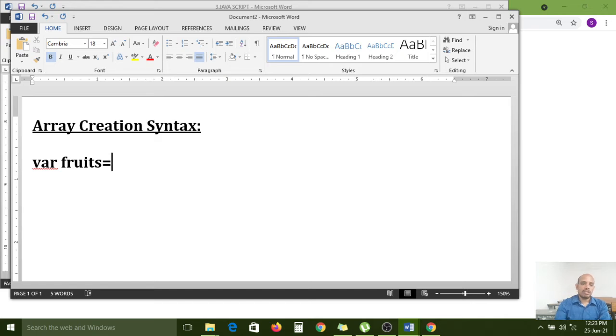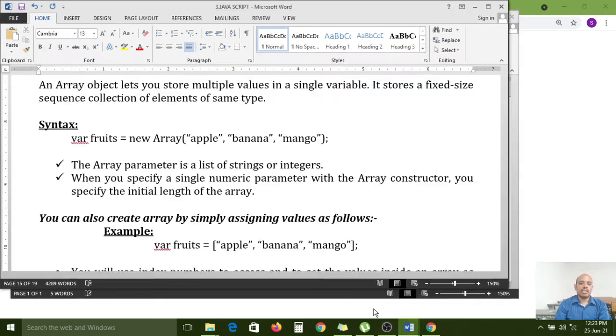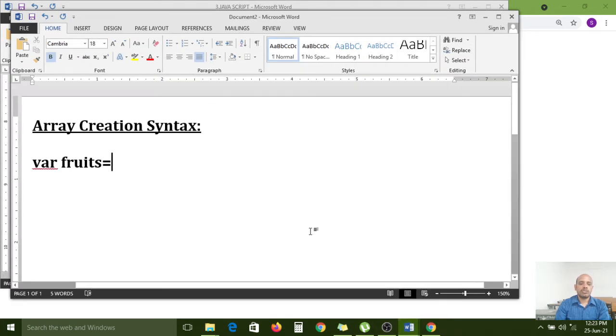How do we create an array? By using the Array object with the new keyword. You already know object creation; if you want to create any object, there are three ways.